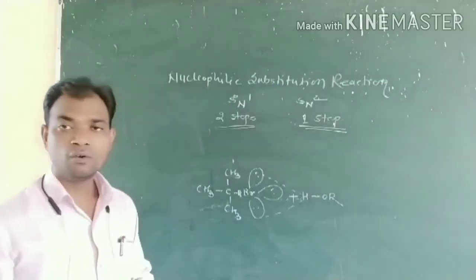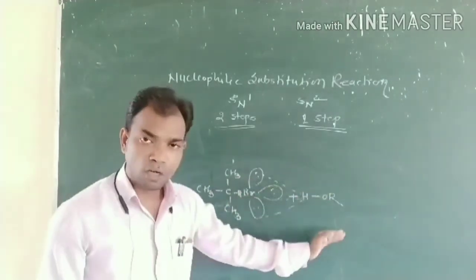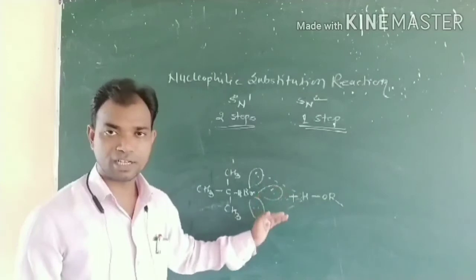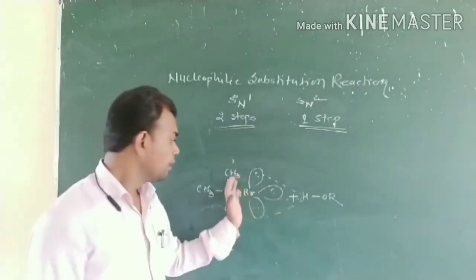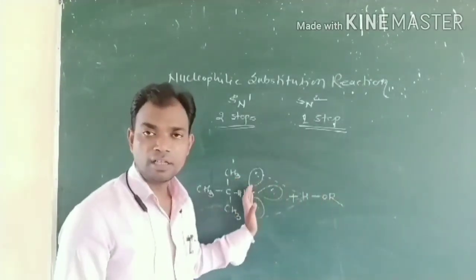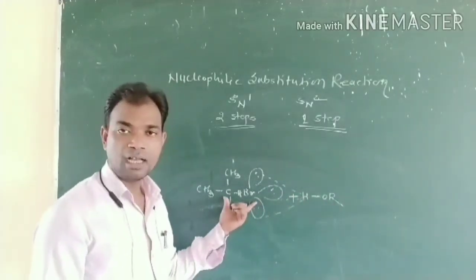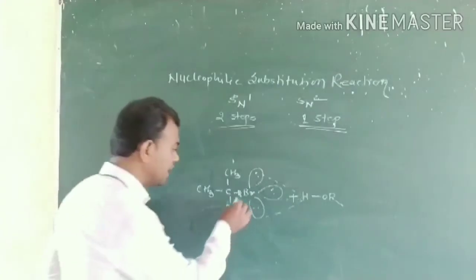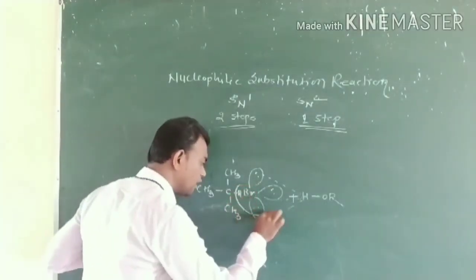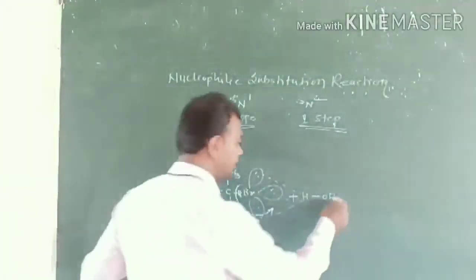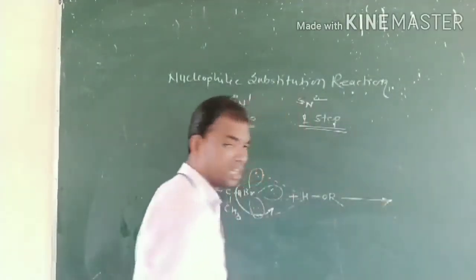Then when the polar protic solvent is added to the substrate, it tries to pull the bromine atom from the C-Br bond. At the same time, the bromine along with the bonding electron pair departs from the substrate,